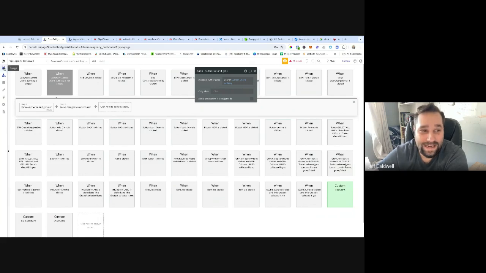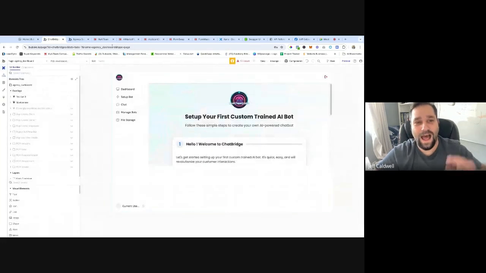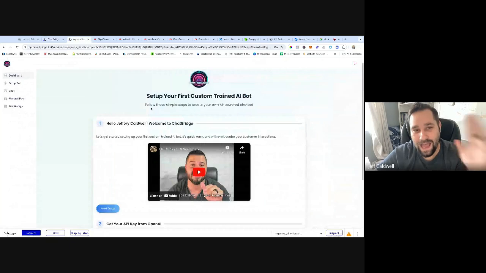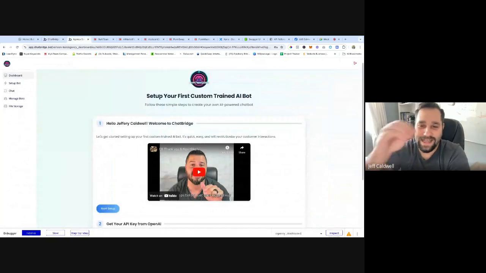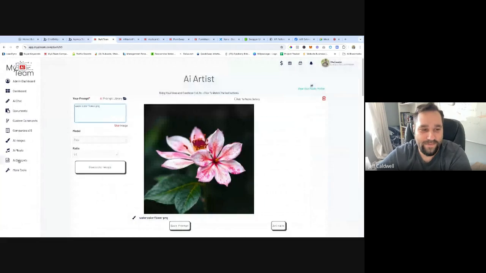And now inside here, check out the design. I am custom coding this entire software inside my AI team. The entire thing, right? If I go into the AI snippets,